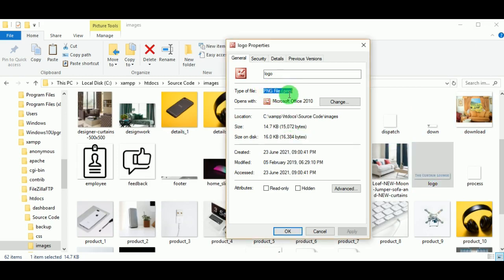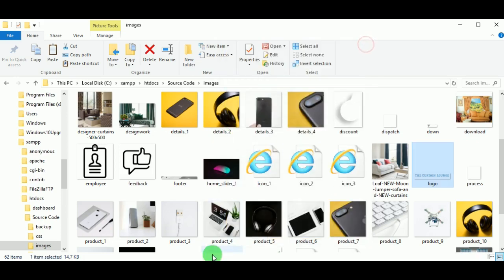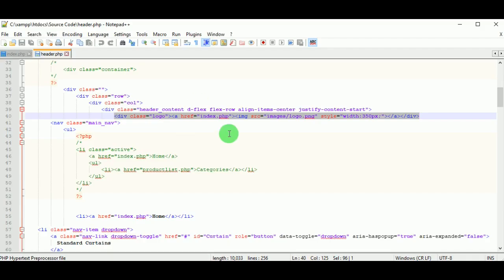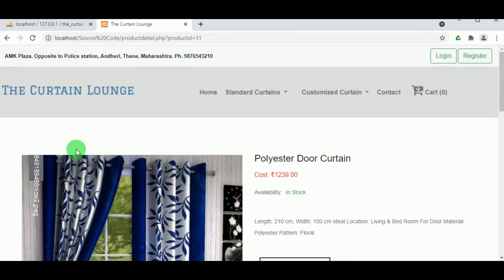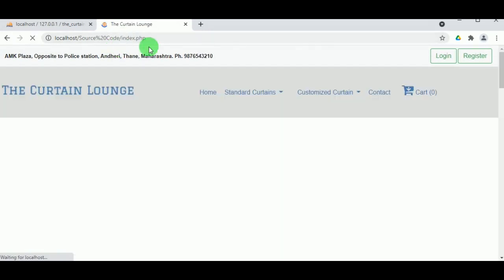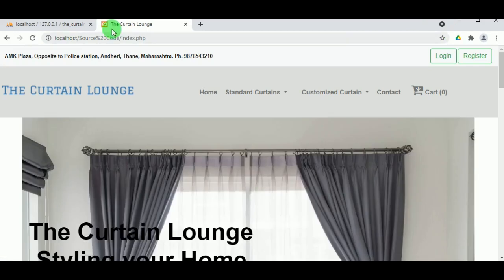It is a .png file, so you have to use the extension .png. Because of that reason, images slash logo is the name of the file and .png is the extension of the image. Then style, in the style you can give the width of the image. So this is how we can change the logo. You can change any image in that particular location.